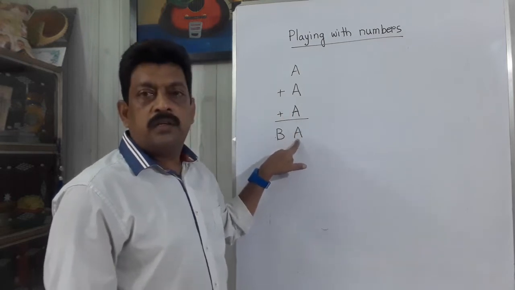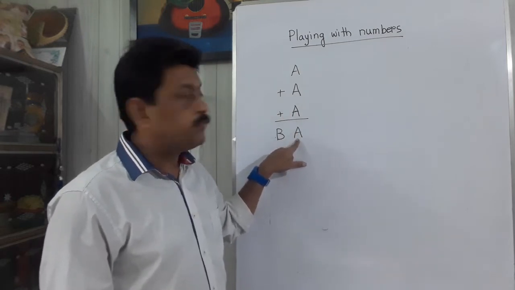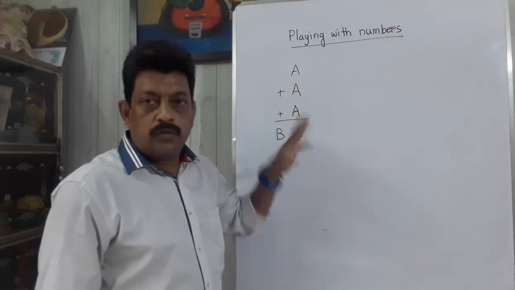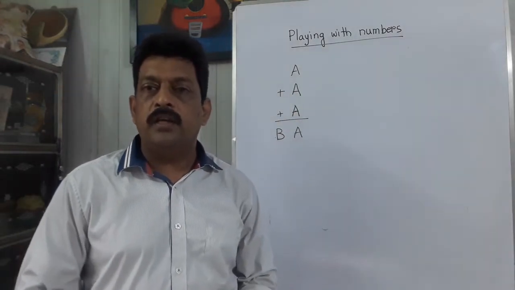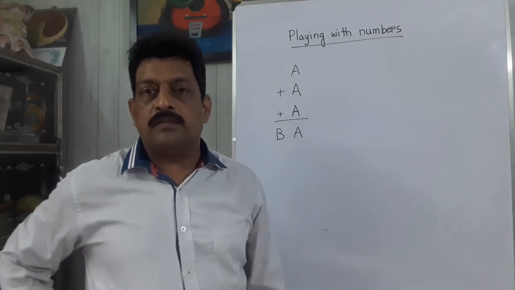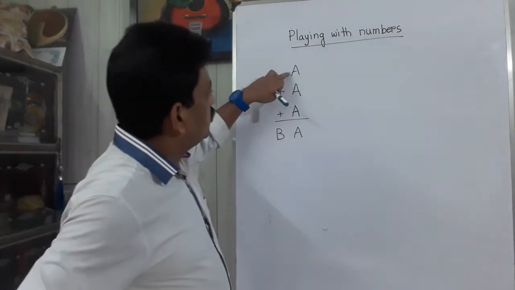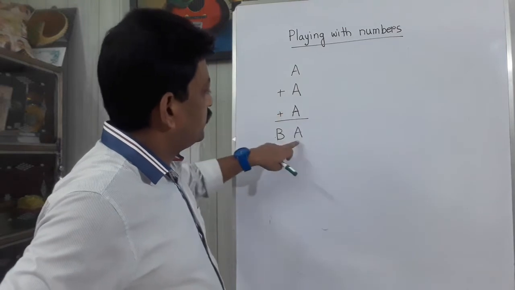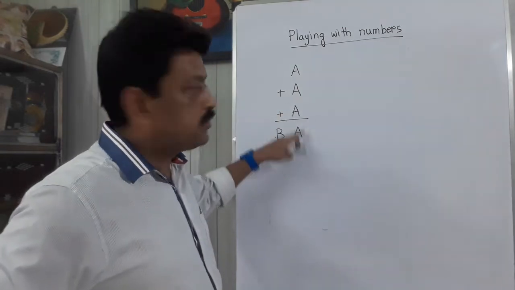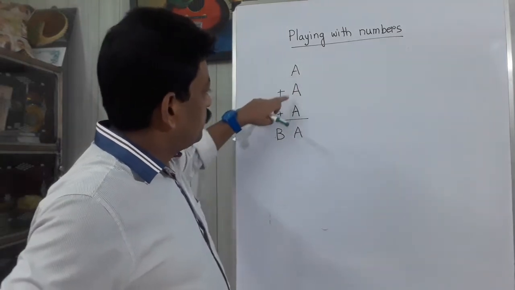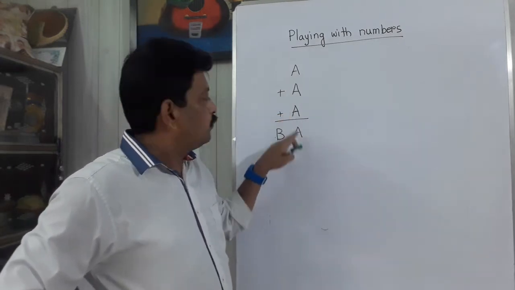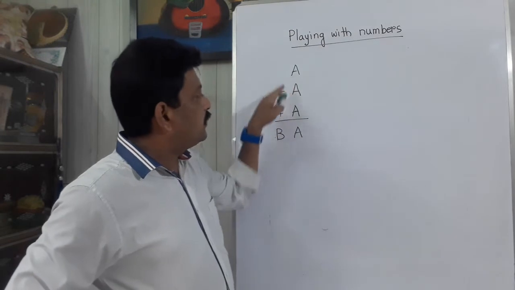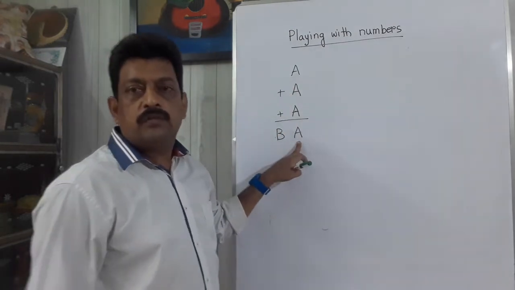But here we cannot write A as 6 because we have already taken A as 2. So 2 is rejected. Now similarly if we go on putting 3 and 4, we will not get the answer. If you put 3, then 3 plus 3 plus 3 is 9, but here it is A, which means we have to put 3, which is not matching. 4 plus 4 plus 4 is 12. So the unit digit we are getting is 2, but we have to put 4 here. It is also not matching.